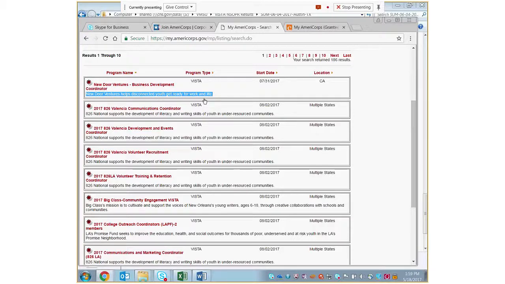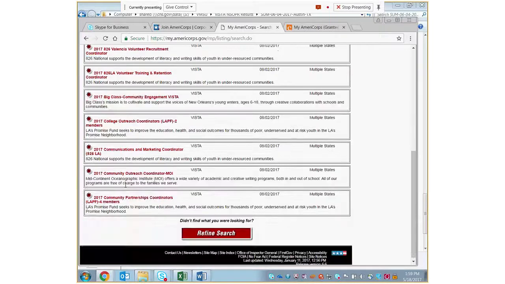Some might say that's attractive, some may not. But the bottom line is, if this line does not grab an applicant, they're less likely to click on the name of your organization to apply for the position. So you want to make sure that these two-line descriptions are fairly interesting.